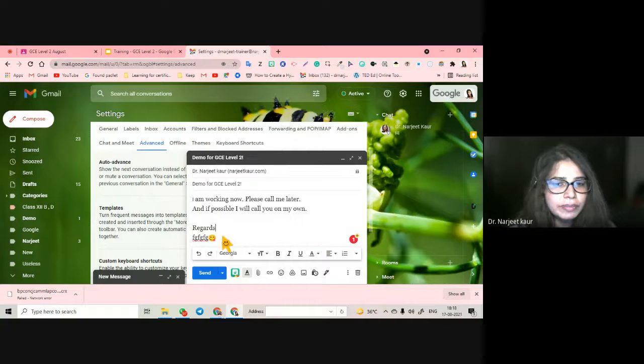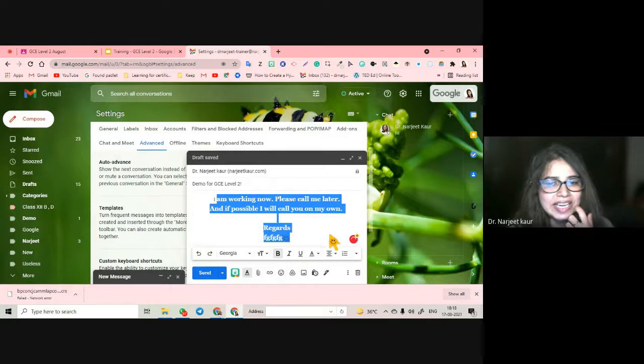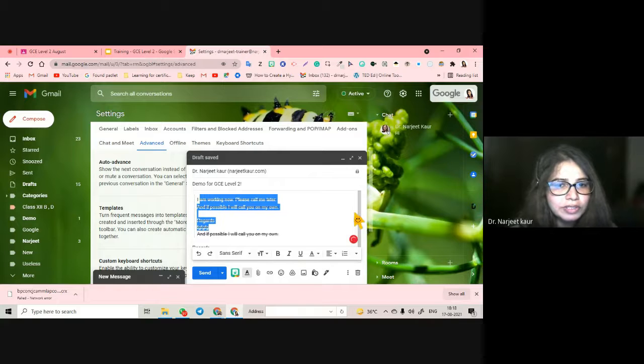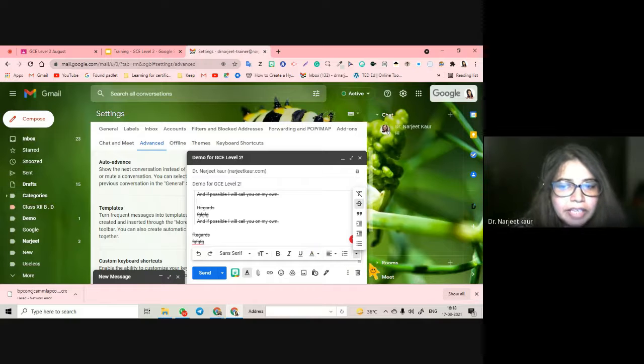You can also make it bold or italic the way you want, and put it in the center, right? There are so many formatting options you can use here. Just undo all the formatting, strike through, okay, make it in quotes. All these options can be tried. I am sure you mustn't have ever tried these options, but they are very cool options. When you are creating an email, it gives you a lot of options to try.